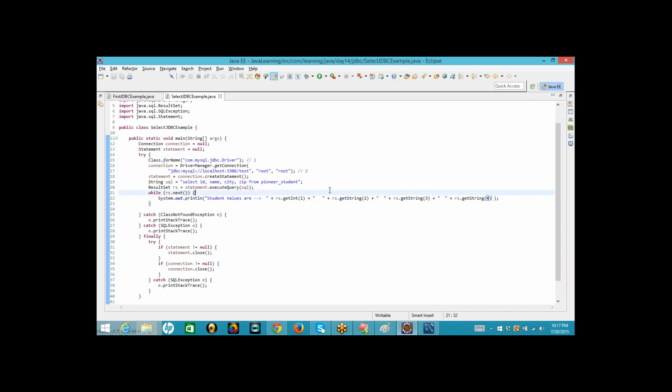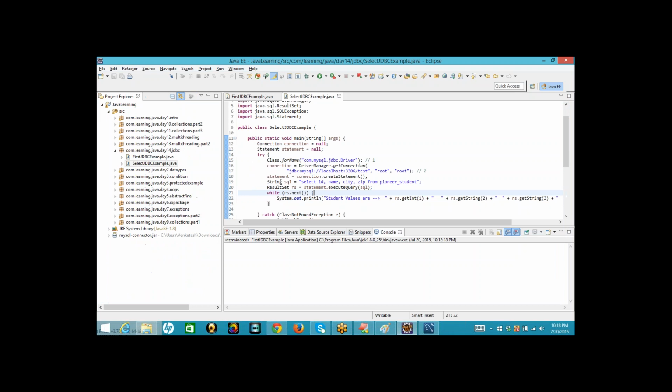And in the while loop where you're iterating, it should be rs dot has next or just next. It is next. Result set has the method only next, not has next. It is not an iterator. Iterator has next, but result set has just next. So now, if I execute this program,